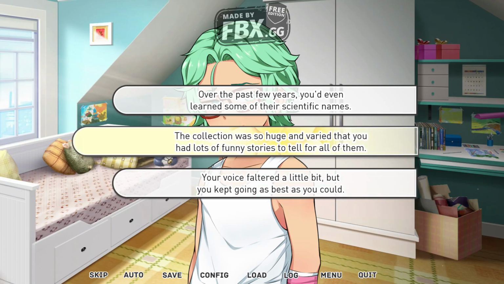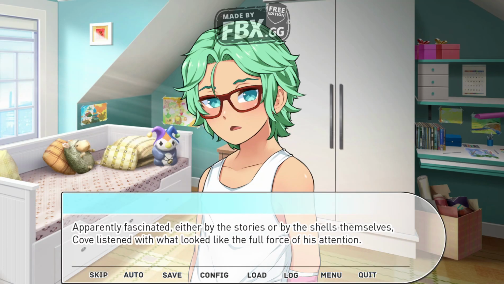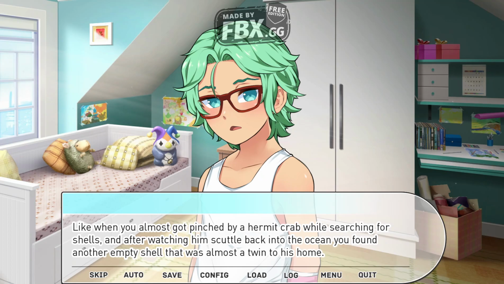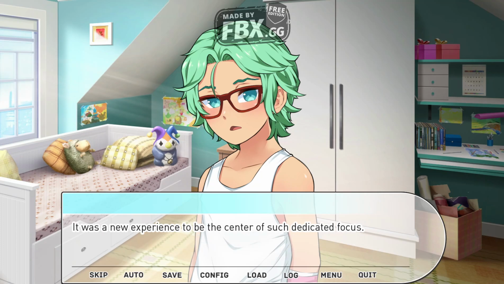The collection was so huge and varied that you had lots of funny stories to tell for all of them. Apparently fascinated either by the stories or by the shells themselves, Cove listened with what looked like the full force of his attention. Like when you almost got pinched by a hermit crab while searching for shells, and after watching him scuttle back into the ocean, you found another empty shell that was almost a twin to his home. It was a new experience to be the center of such dedicated focus, even if it was only directed at the